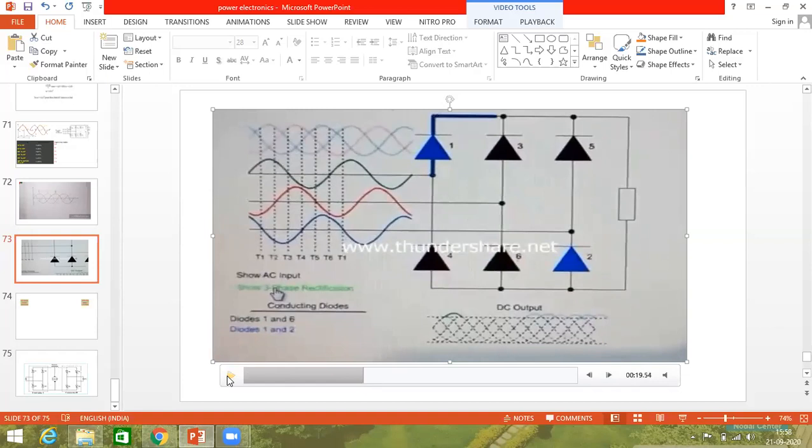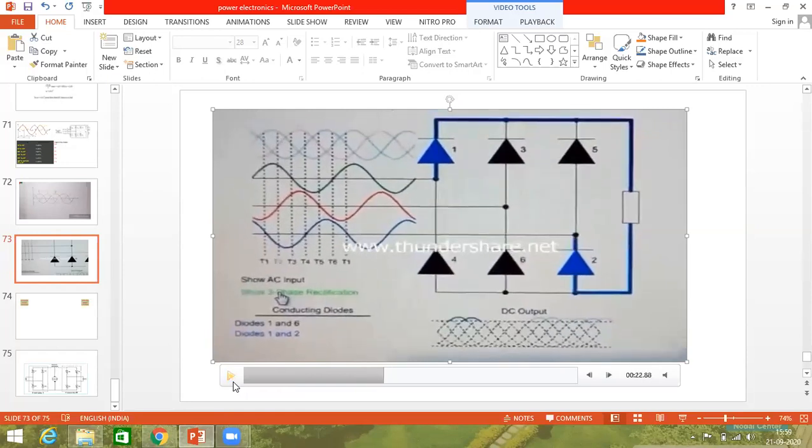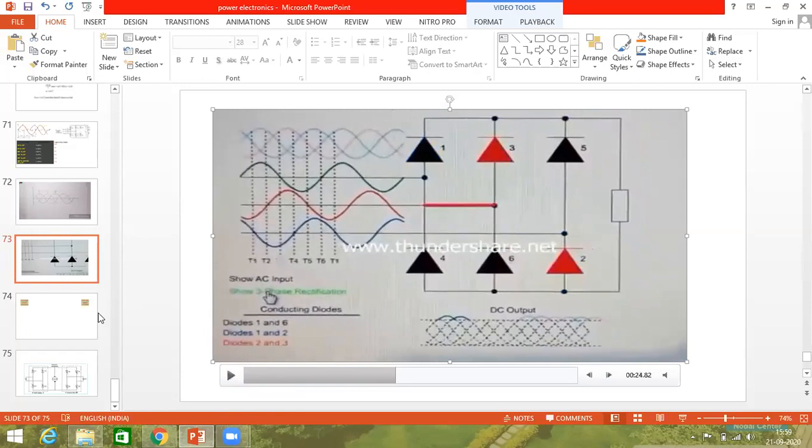Next case is what? Sorry, 90 to 150. Case 2 is when the alpha is maintained from 90 to 150 degrees. What's going to happen? Again, A is made more positive, therefore SCR T1 is on, current flows from T1 to load, load to, now which one is more negative? It is nothing but the C phase, and C phase is connected to T2. Just now we have taken. Therefore this one is on. Now the next one we'll see. Next one is interesting and challenging. I'll explain here and then we'll go.